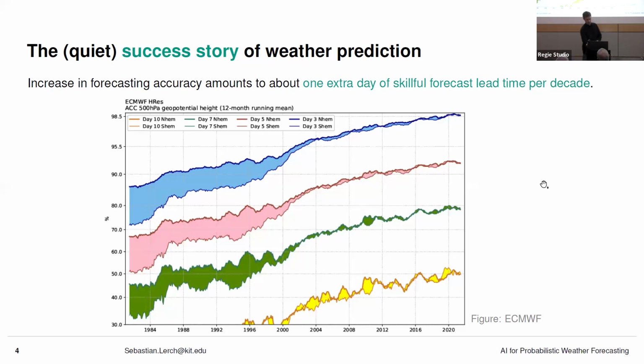But if you want to know more details about how much weather forecasts get better, we can, for example, look at this green line here. In the year 2020, we can draw a horizontal line to the left from here, and we can see when we meet this red line. This is around the year 2000 approximately. So meaning that 7-day ahead forecasts in 2020 were as good as 5-day ahead forecasts in the year 2000. That's a rule of thumb about the improvement of weather forecasting: in every decade, we gain about 1 day of forecast lead time to have skillful forecasts.